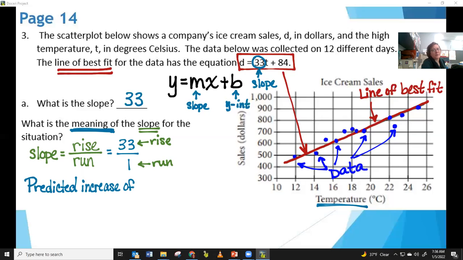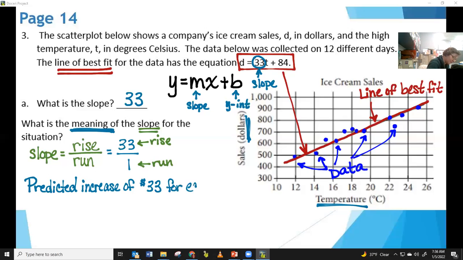What is that numerator? If I was at 33, what are we measuring on the y-axis? As I go up, what's changing? What is the y-axis measuring? Sales. Yes. And we're measuring our sales in dollars. So predicted increase of $33